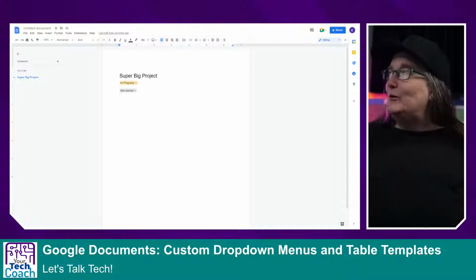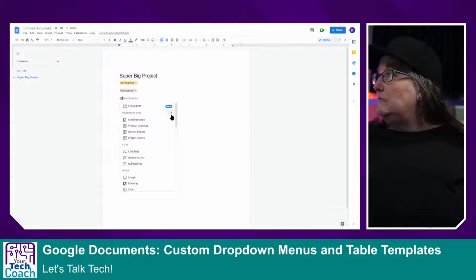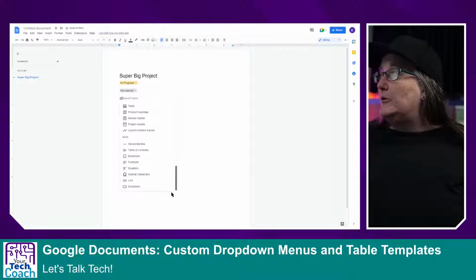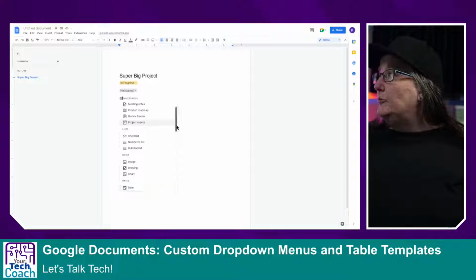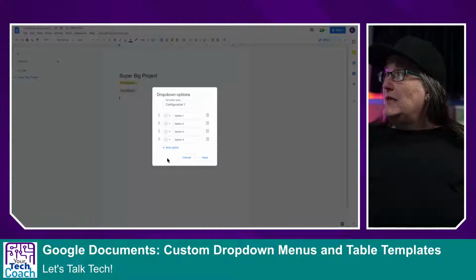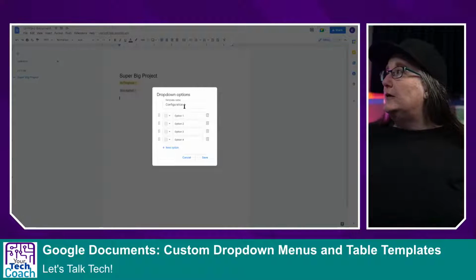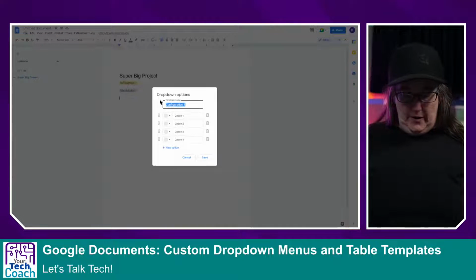However, there's more. Because if you wanted to do one of these for a completely different purpose, you can create your own. Whoops, let's go down to the bottom. Click drop down, and you can select new drop down. And for this, you're starting from scratch. You're building your own whatever it needs to be, right? So let's do a,